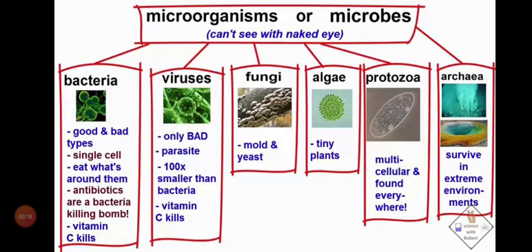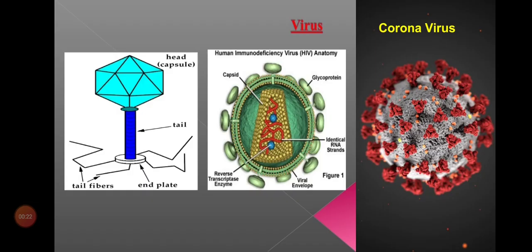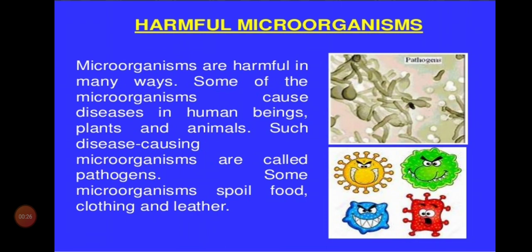Friend means all those 7 parts we saw, and also we saw the types of microorganisms and their structure, and also the useful part. How it is useful in bakery, antibiotics, vaccines, and how it will increase the soil fertility, everything we saw. With that, microorganisms as a friend was completed. Today onwards, we'll see microorganisms as foe.